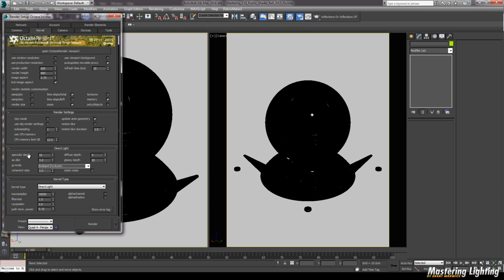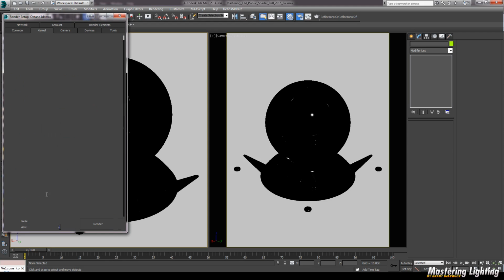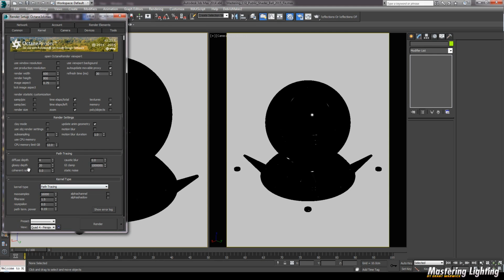But the great thing about Octane is it gives you a couple of different options. By default, the kernel type is a totally biased renderer. Within direct lighting, that's where things are going to be the least realistic, but they're going to be the fastest. Also you've got path tracing, which is the unbiased version of the render engine, although you can